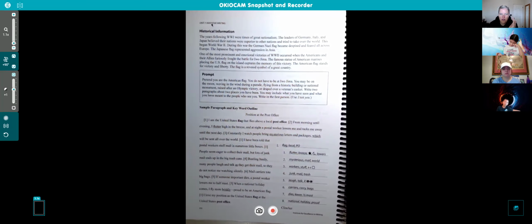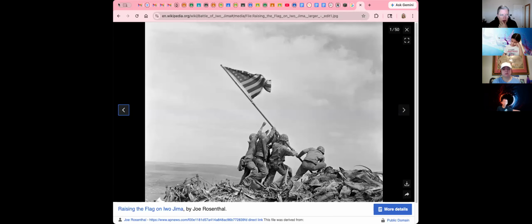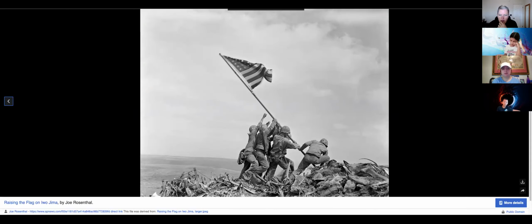But I'm going to show you a picture of this moment, and I'm sure you guys have seen this before. This is very famous, when the Americans are putting up a flag. This is at Iwo Jima. Have you guys seen this before, a picture of it somewhere? Yeah. So these are real soldiers. This is the real picture of it. And that was at the top of the mountain. It had like a volcano hill on it.